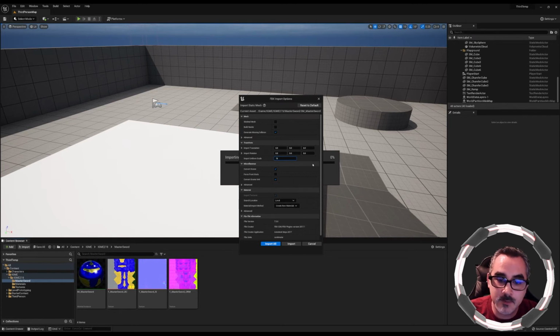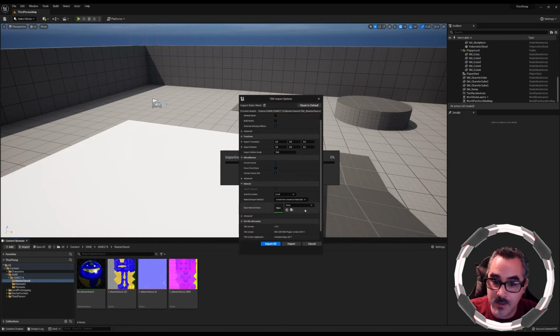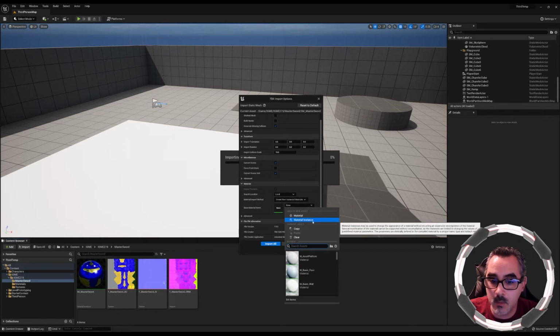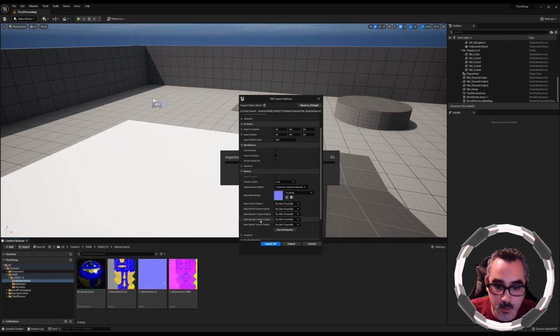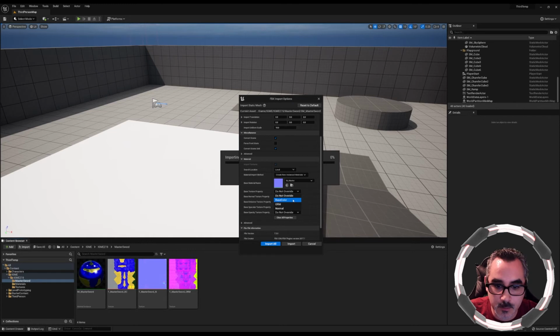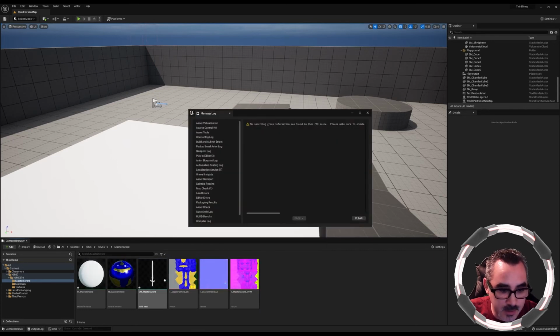Import uniform size, this is going to be 15, and then where it says create materials, I can say create a new material instance, and then it's going to ask, what do you want me to do? Well, I want you to create a parent from MI master. So I have master. What do you want me to override? Just override the base color and the normal, right? So I will say import all, and that is going to create that new material instance that is called master